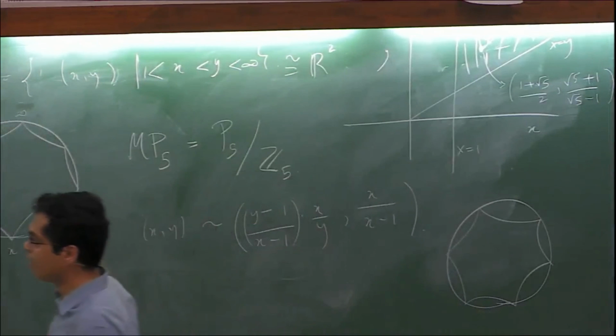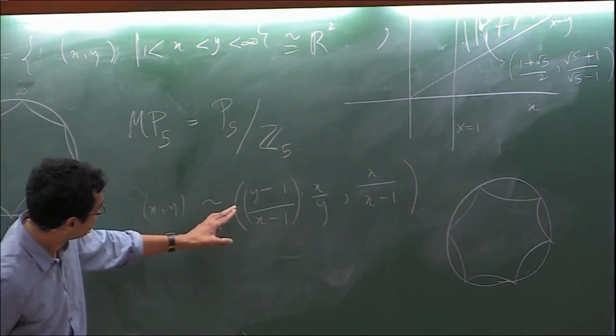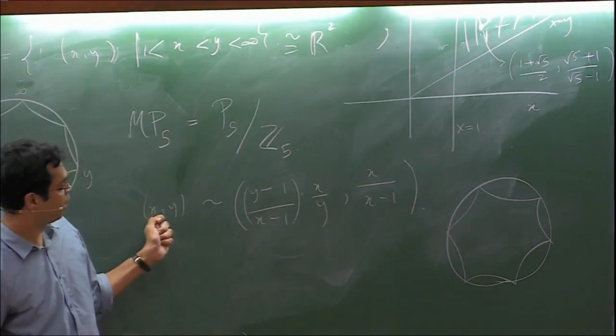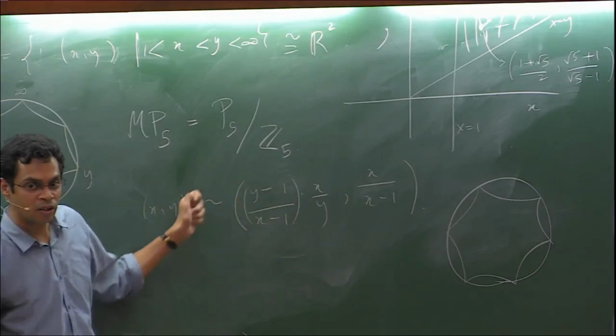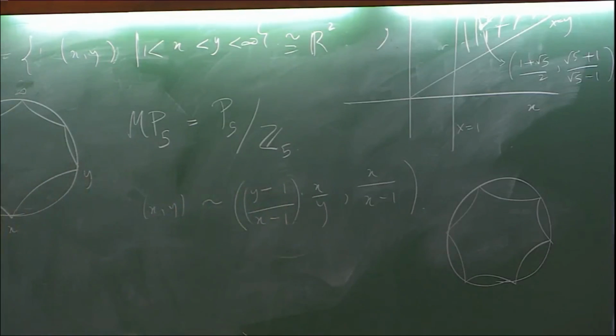Yeah, so one can play around with it. So more generally, these transformations are, you can check that if you do this 5 times, you get back to x comma y. Okay, and so this is indeed an action of the cyclic group Z mod 5Z. Okay, so you see that this, yeah, sorry,